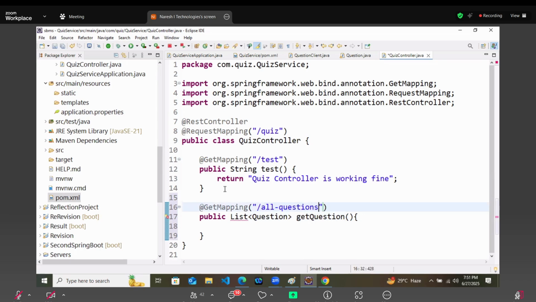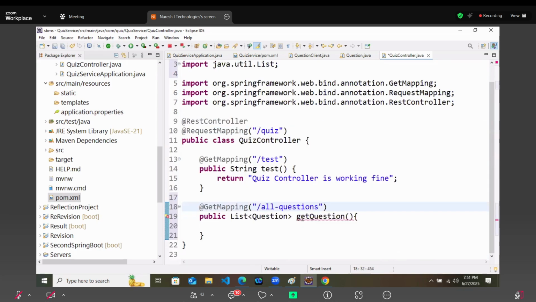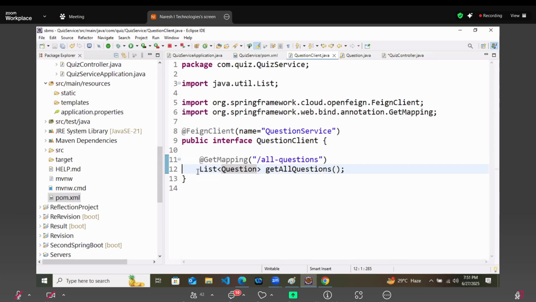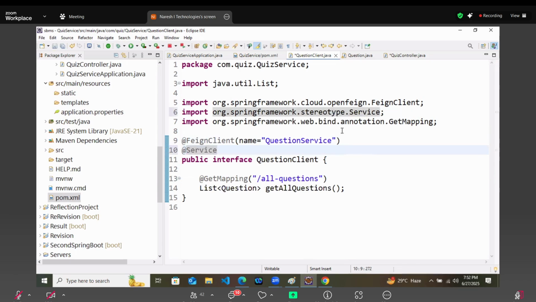Mapping you can keep the same or different, doesn't matter. Now I want all the questions. So you have already defined one particular list of question interface, and this will take the question from another service, by the way, not from your project. So make it a service annotation so that you can autowire it.